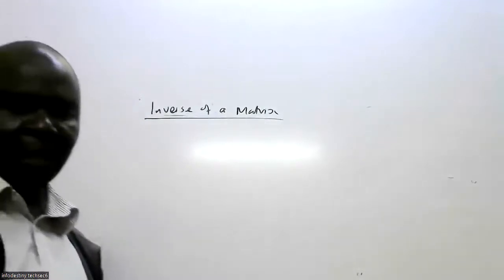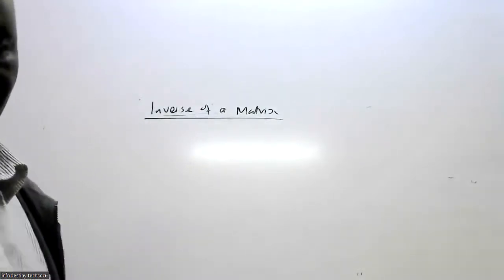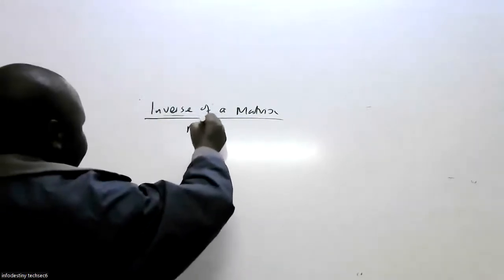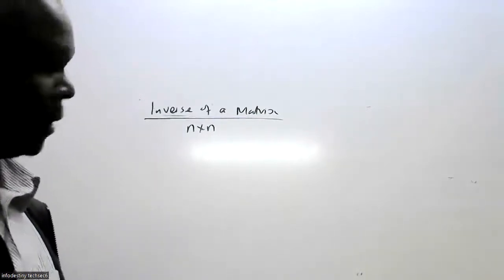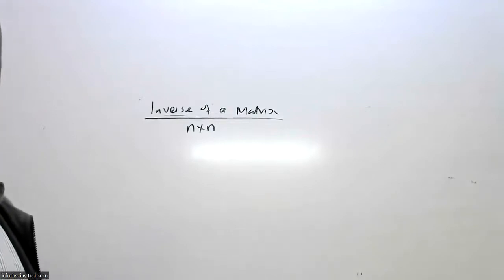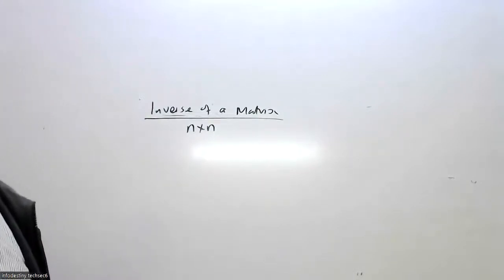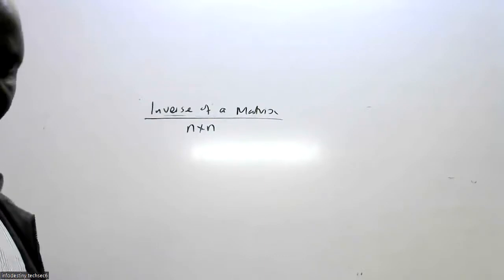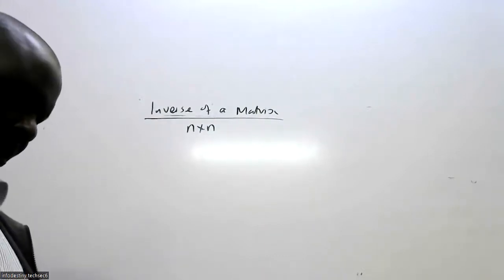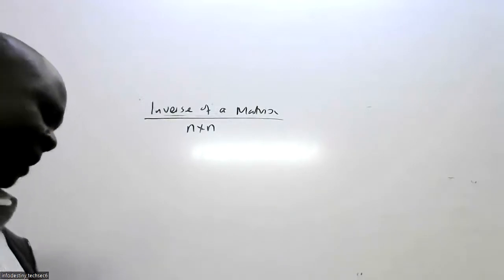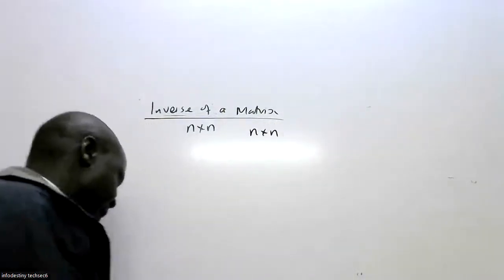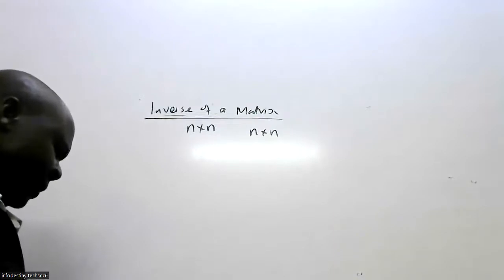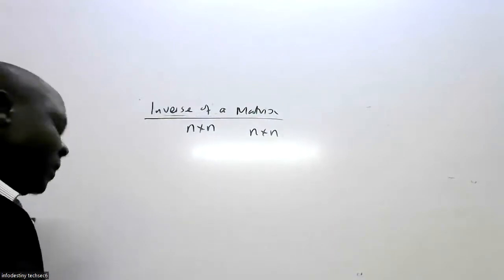So you continue by saying, if for an n times n matrix A, there is another n times n matrix B,